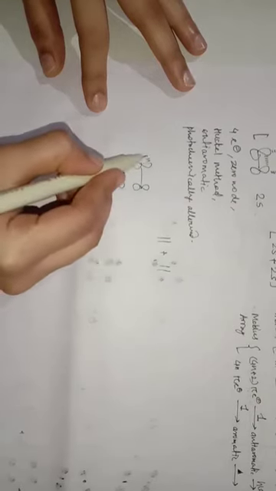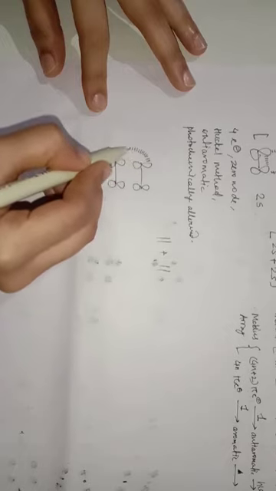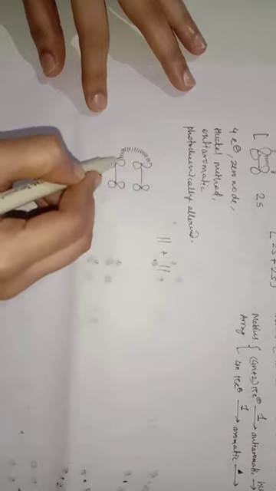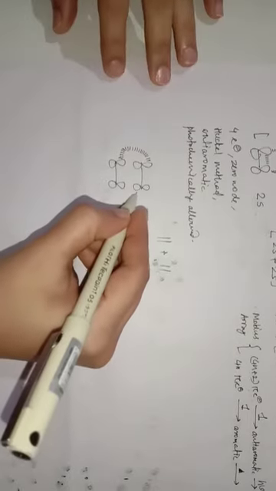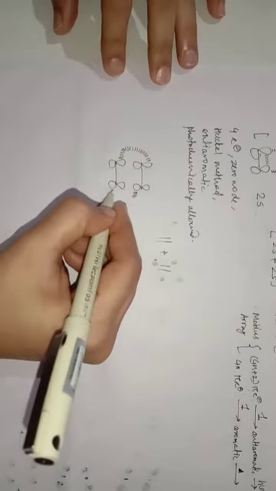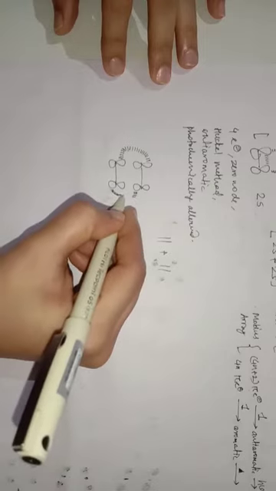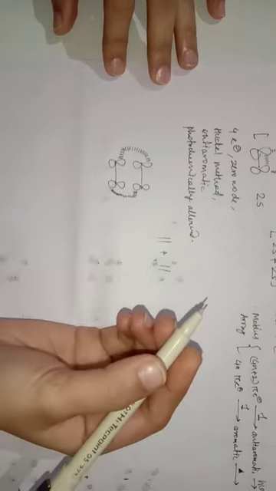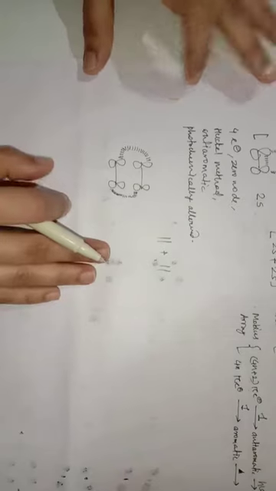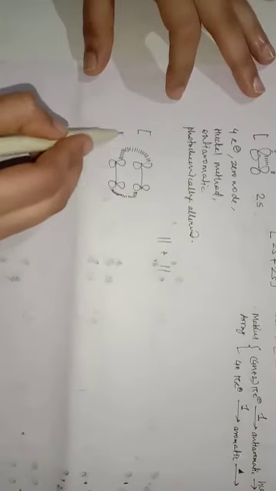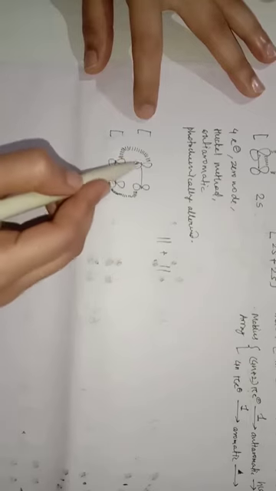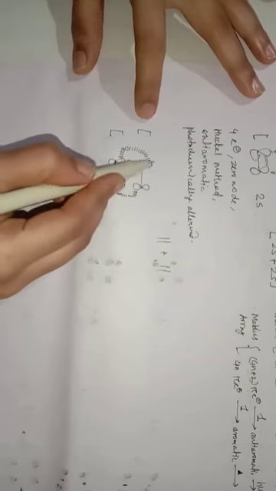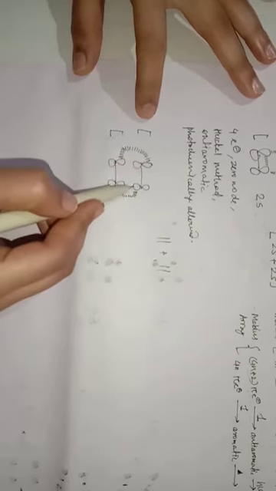Now the condition is like this. The first orbital from the upper side is going to attack this second orbital of the second ethylene molecule, and this orbital from the lower side is going to attack the other orbital. So you can say in the case of this 2 electron system and this ethylene system, one orbital present in one ethylene molecule is attacked from the upper lobe and the second orbital is attacked from the lower lobe.